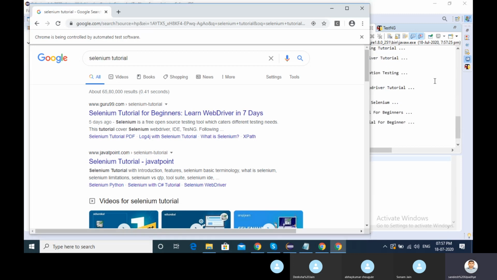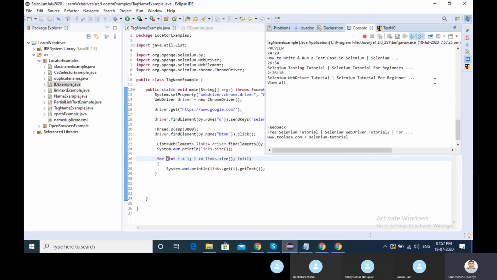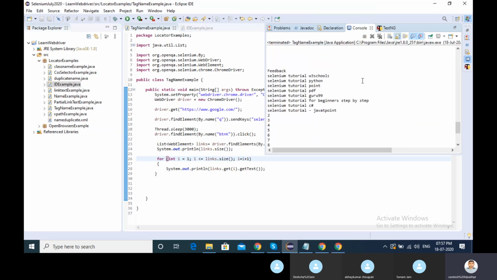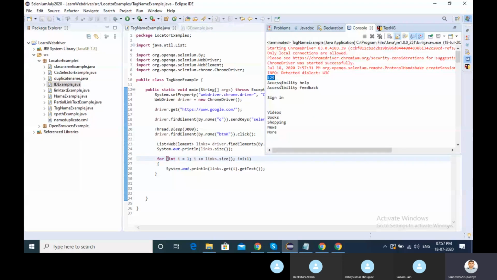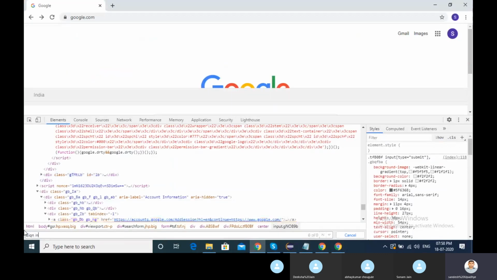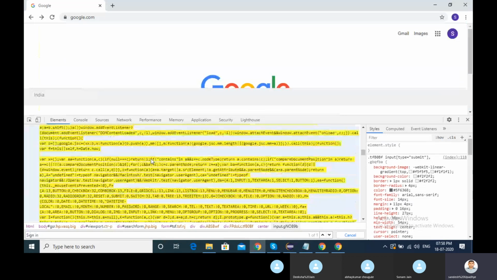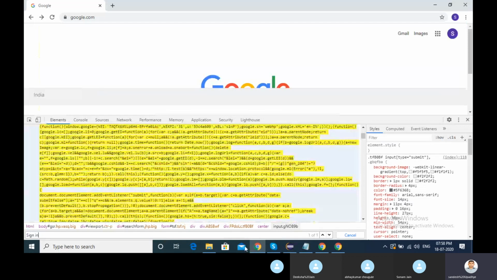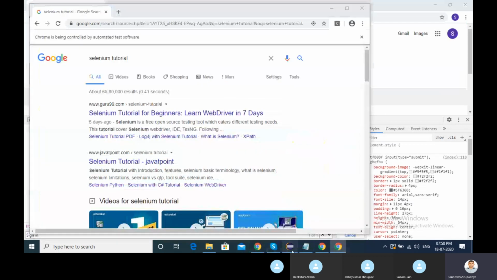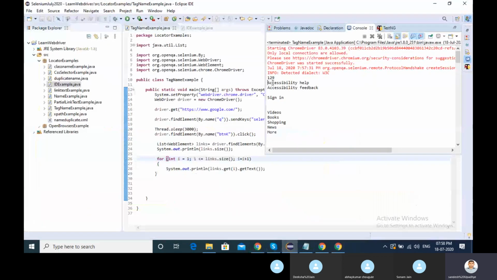Okay, now see here in the console itself, there are 127 129 links which have an anchor tag. If I go here, sign in, if I search like this, or anything, simply I will put accessible help.